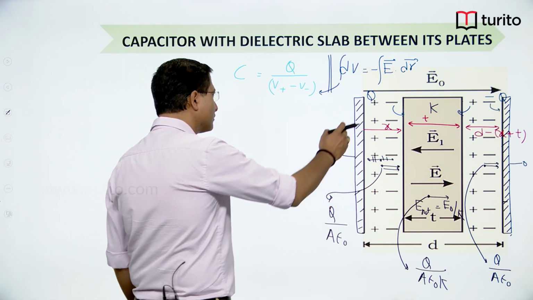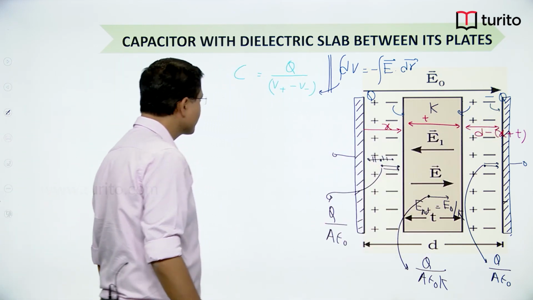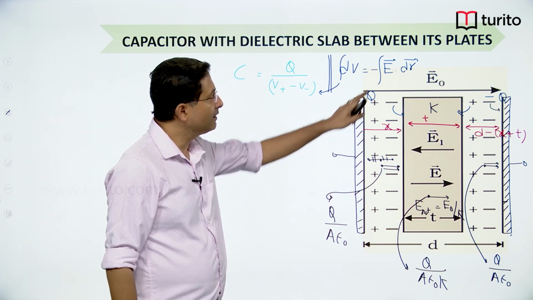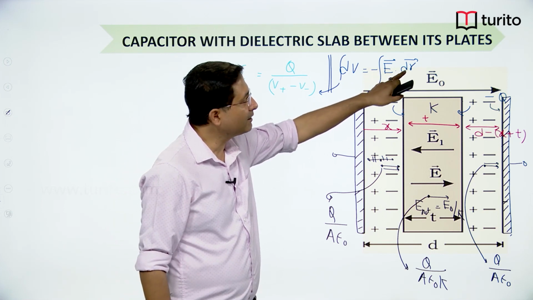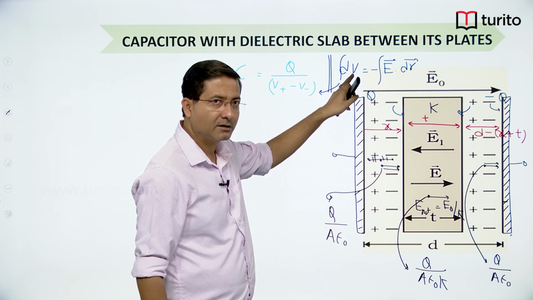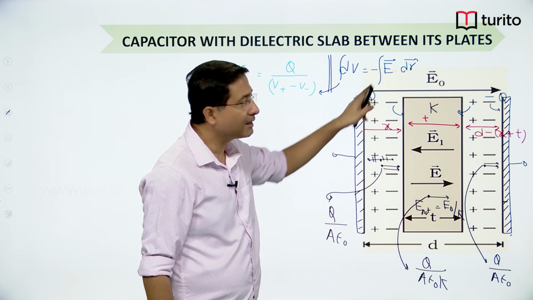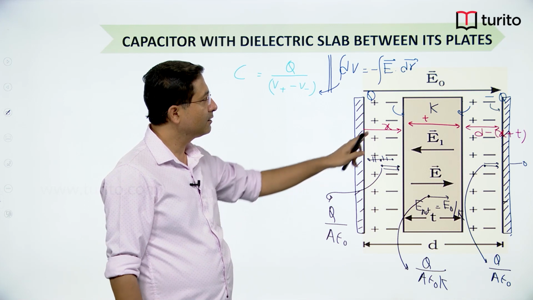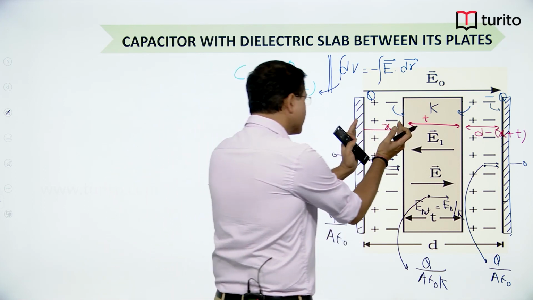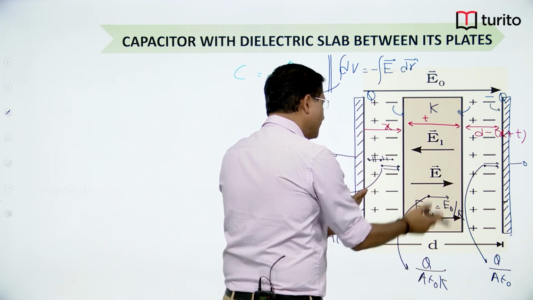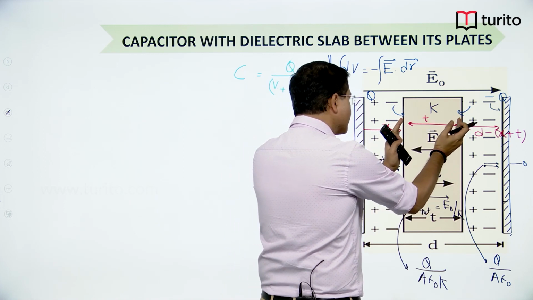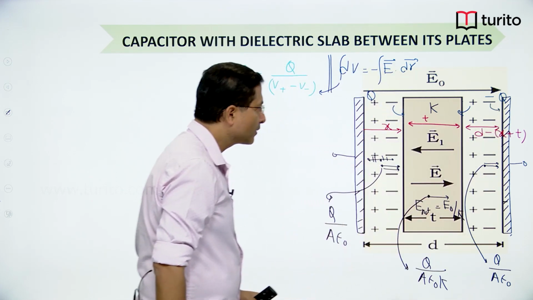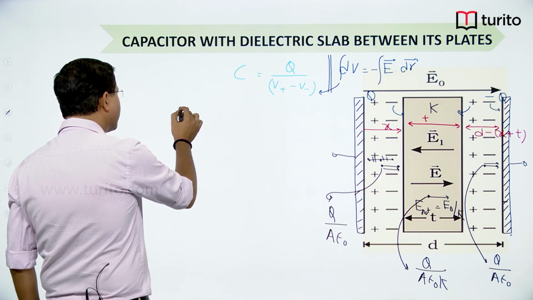I am moving from this plate to this plate. As you can see, the magnitude of the field is constant. If the field is constant, I can directly multiply it by distance to get the potential difference; if the field is variable, I need to integrate. As the field is constant, I can directly multiply this field by x to get this potential difference. Then I multiply this field by this distance, I get this potential difference. Then I multiply this field by this distance, I get this potential difference. So the total potential difference I am getting